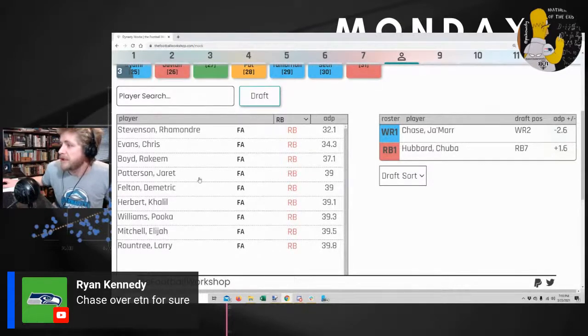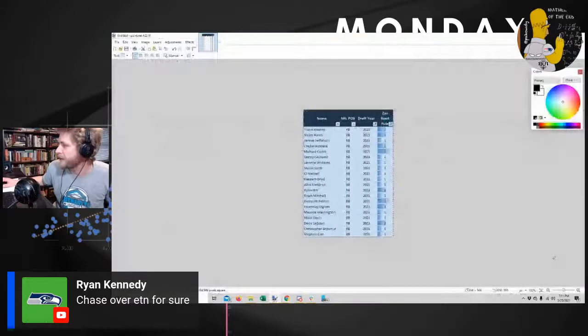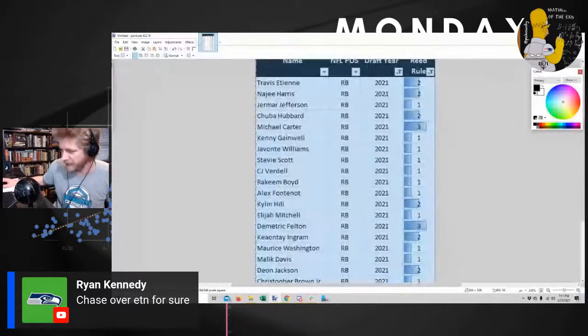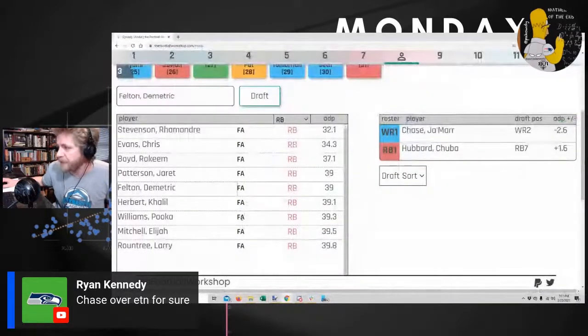No. I mean, Javian Patterson here, if you just want a guy who might break out to be the next pure runner, discount Derrick Henry with no draft capital. Actually, this is the guy I've been meaning to break into a little bit. Demetric Felton. I noticed him, where is he? Yeah, he passes the Zach Reed rule pretty well, and so I wanted to look. He has 3 seasons with 20 plus catches. So I meant to look into him a little bit more, but I haven't yet.